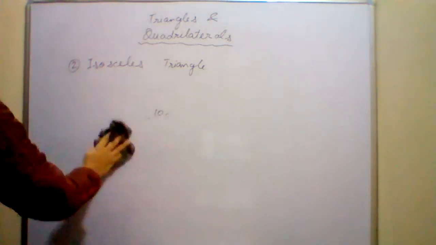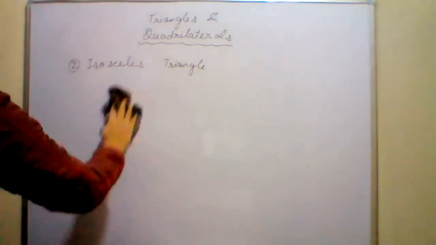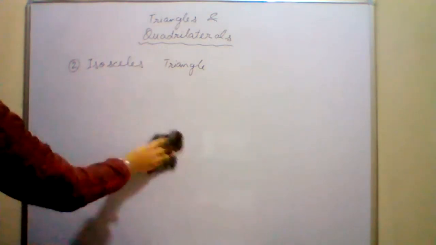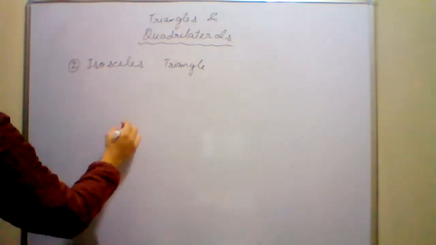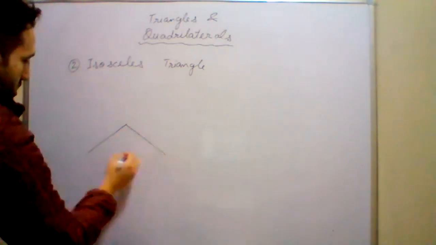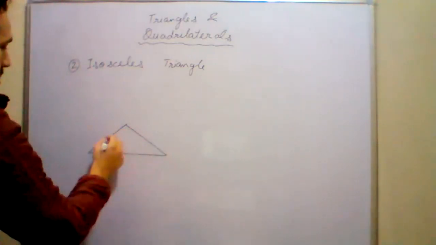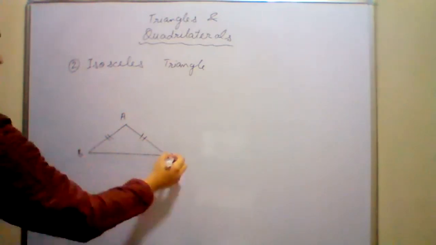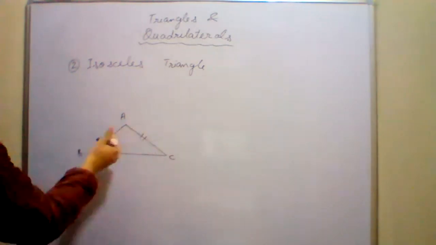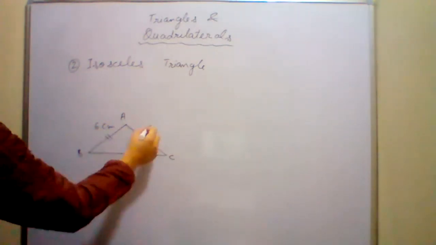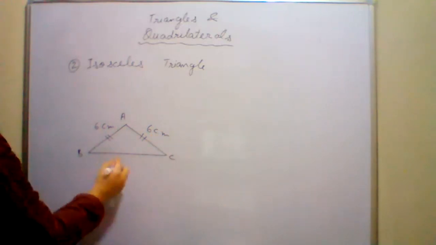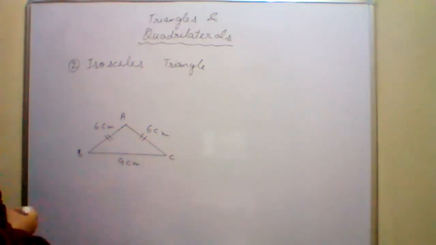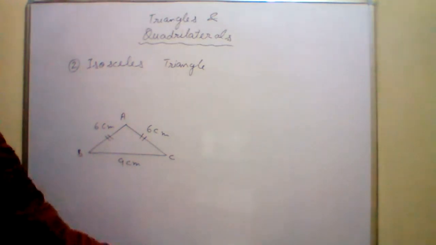So if the third side is greater, then the triangle will look like this. Let me draw it on the board. If the third side is bigger, suppose this is the triangle. This is also an isosceles triangle because here also the side AB is equal to the side AC. Suppose these two sides are 6 centimeters each. Then this third side is greater. This would be 9 centimeters. So this is possible. It is also an isosceles triangle. Okay. Got it? Yes, sir.